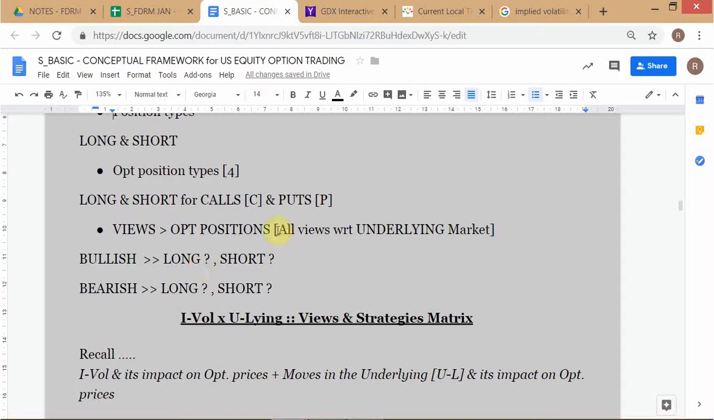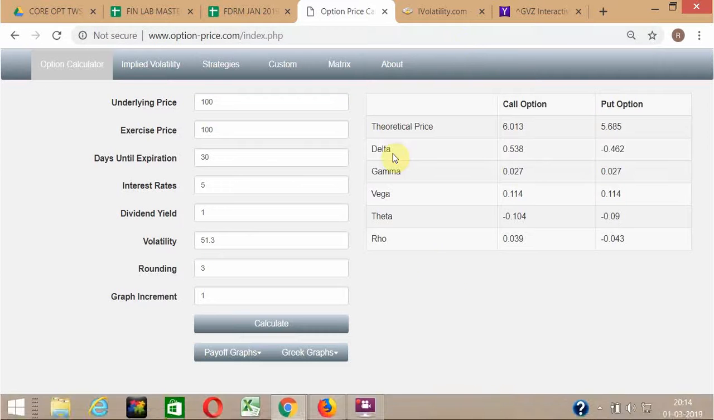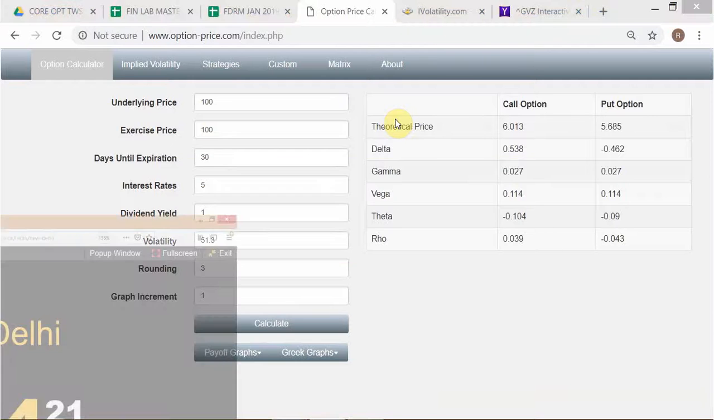Okay, now we come to this matrix. We're going to show you the matrix. It's in your spreadsheet file. Now we are going to come to a decision matrix, the broad decision matrix. How are you going to take a view? What are you going to do? Let's take an example first where you